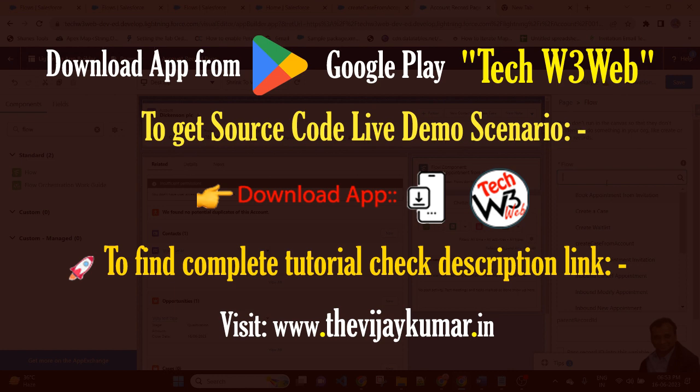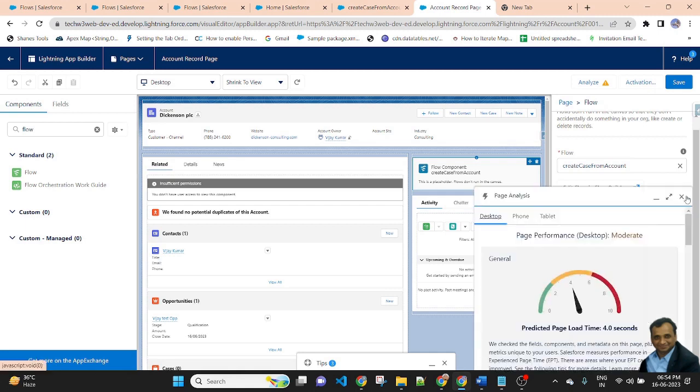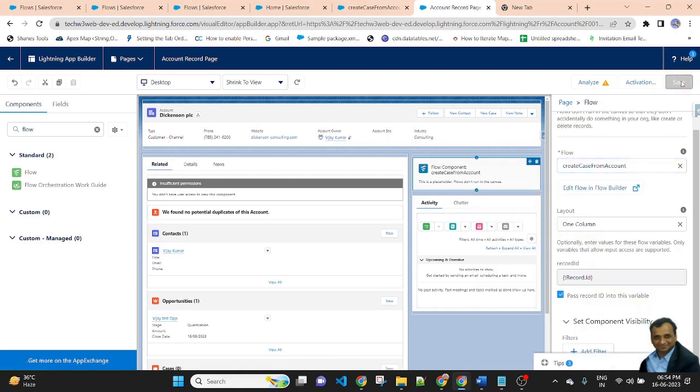So here select your flow name, create case from account. I am selecting this one. This is my flow. Then mark this checkbox. Don't forget to check this because I am sending the record ID of the account outside of the flow. So check this checkbox, then save it.